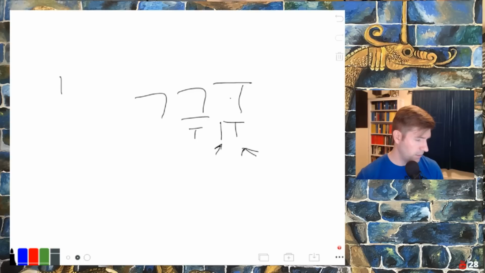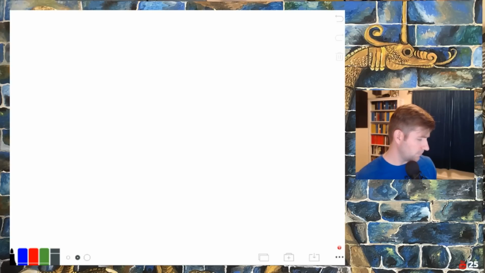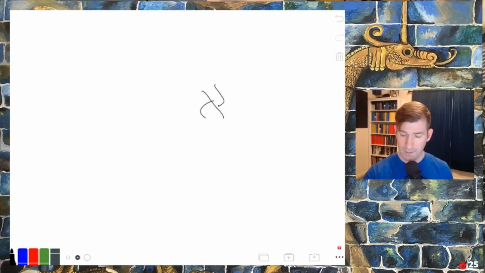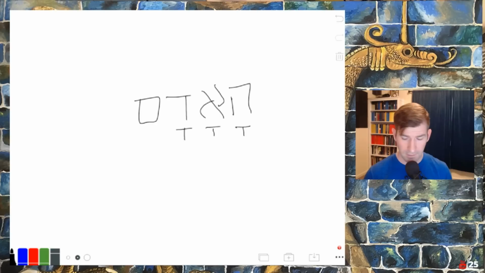And the metheg, it's basically like a yellow light, and it tells you to slow down. Let me explain what I mean. The word that he gives as an example is Adam, which means man, human, that's humanity, that sort of thing. We'll talk about this in a little bit, but when you put ha in front of a word, it most often means the. So ha-adam